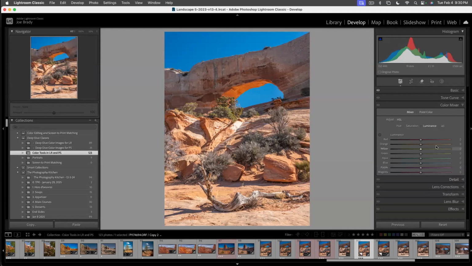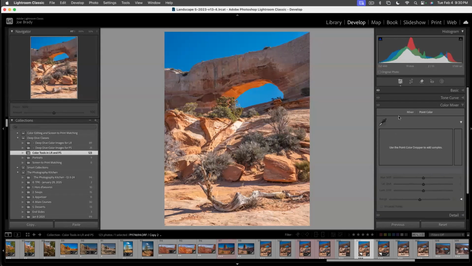So let's go to the color mixer and choose the point color tool. We'll click on that, come up into there, and you see this palette of colors that are near what the color was. You can see the blue is edging over towards the cyan a bit. It should be warmer because it's a different color temperature. To get it warmer, we just push it towards the magenta, and that looks better. Now, it's also a little dark when I do that, so let's just bring up the luminance, and I think